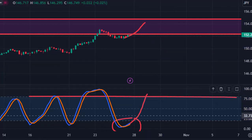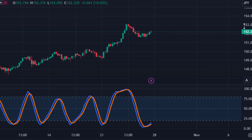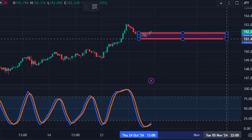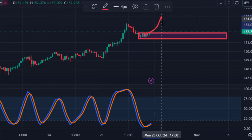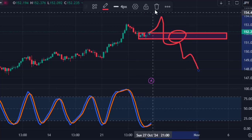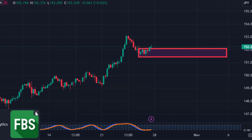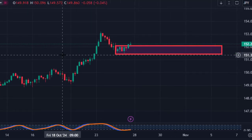So what we should be looking at right now is a breakout of this very area of important support. The market breaking out of this very point of support is a very key factor that the market is going to come back to the downside, especially as we resume the market on Monday and we see the market move upward and then break this guy. Just know that from this point the market is going to continue to go back to the downside for that very retracement on the 1-day chart. So this is what you should be watching right now, and pay attention to this. Keep your eye on it. It's very important for your trading next week, especially if you are a